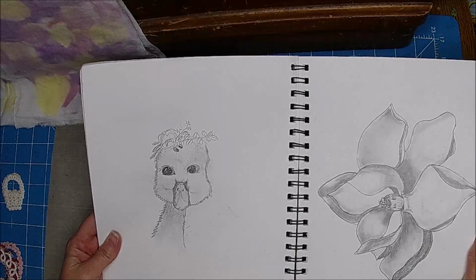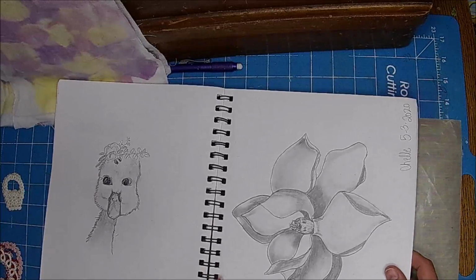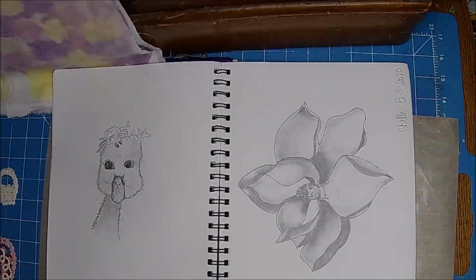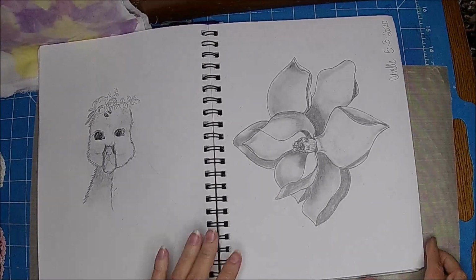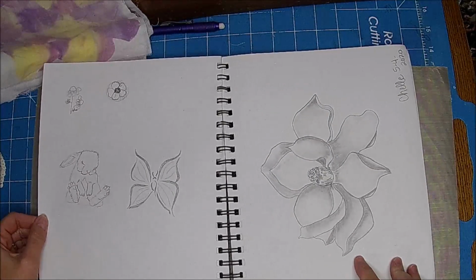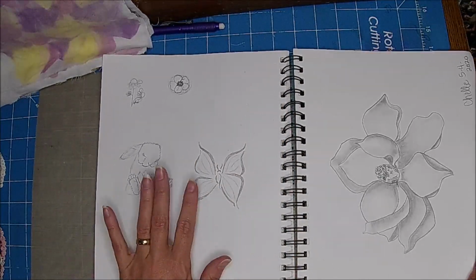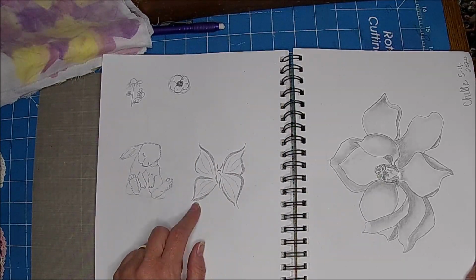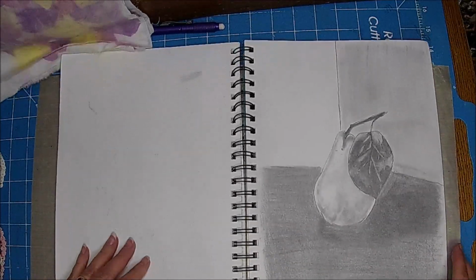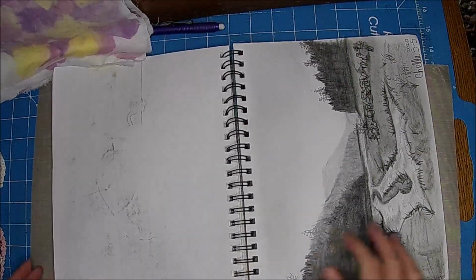But here is a little duck I just kind of drew. It was from Pinterest or something. And then this is my magnolia flower. I sent her that one and it was too dark, so I redid it. And then this is me just kind of doodling. I try to do something every day, so I did a little, just things from Pinterest. And then my pear, which I thought looked kind of cool. And then this was my really sad looking